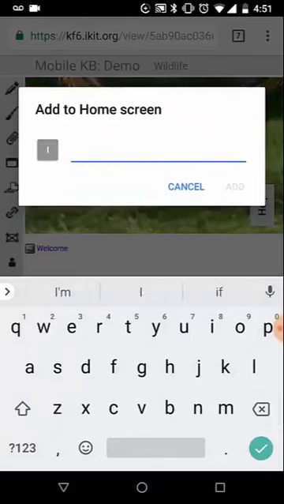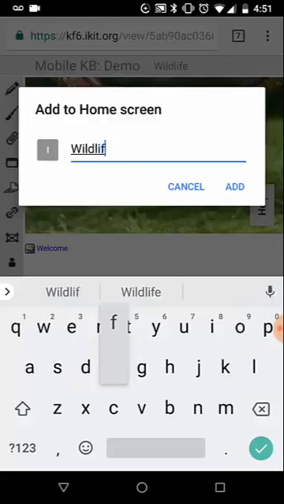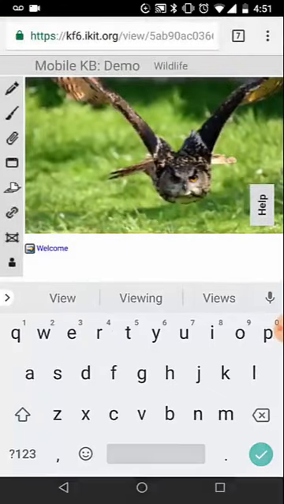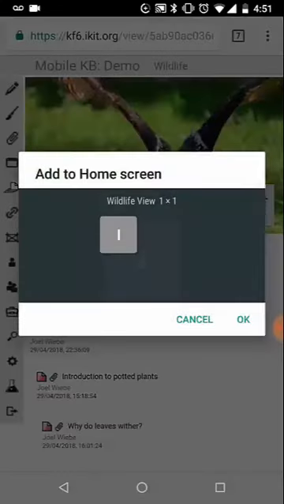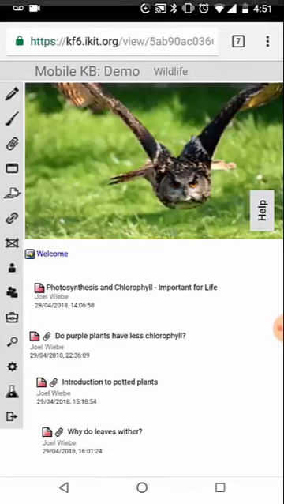So in this case, I'll set it to Wildlife View and click Add. And click OK. Now when I navigate back to my home screen,